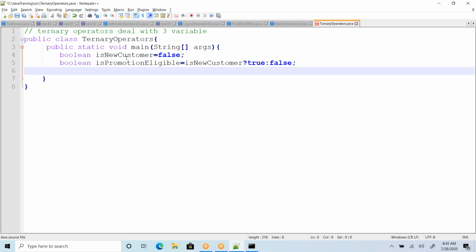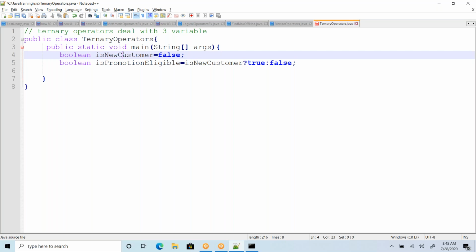Understand? Whether this is a new customer or not will be driven from the functionality, maybe from the database. There will be logic to initialize is new customer. Now I'm directly giving false or true because we are just practicing basics.